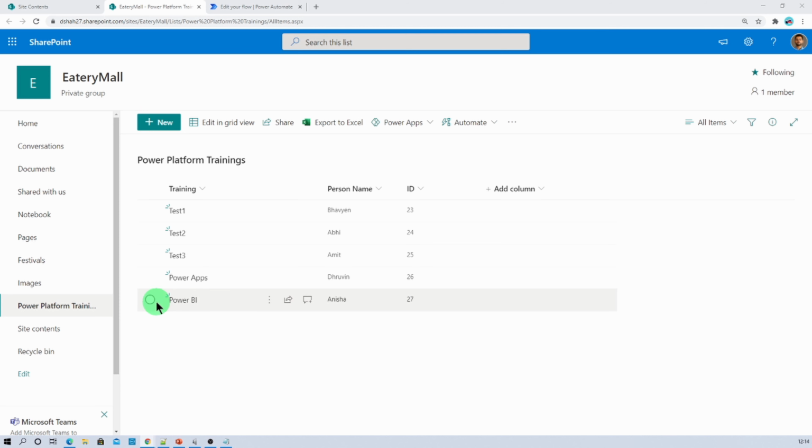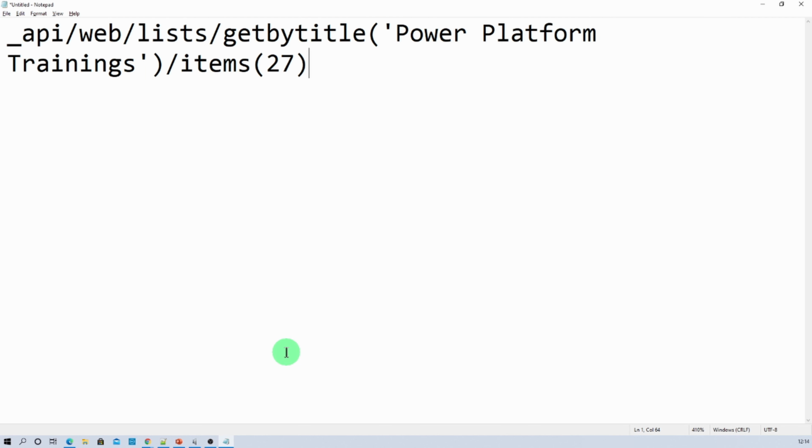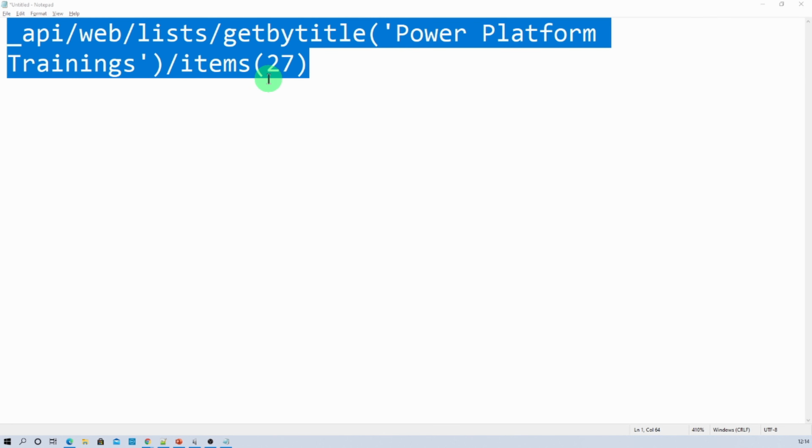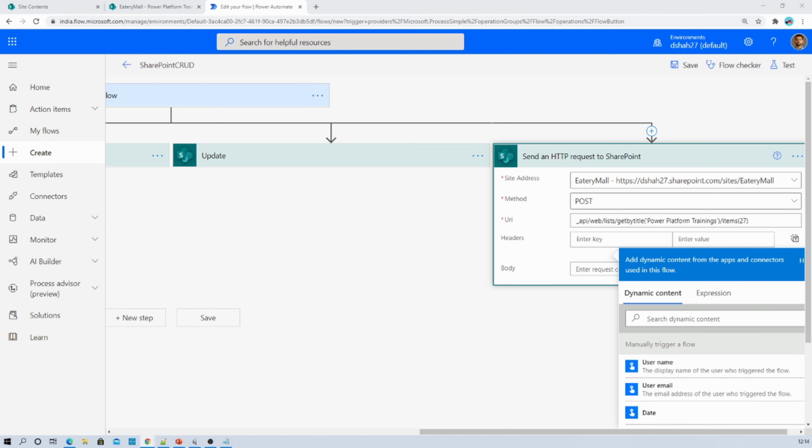Now for the delete operation, I wanted to remove the item ID number 27. So for that we need to use a URI like this. Underscore API, web, list get by title, list name, and then we need to provide the item ID with respect to items. Let's copy this entire URL and let's paste over here. Then in header we need to provide a few pieces of information.